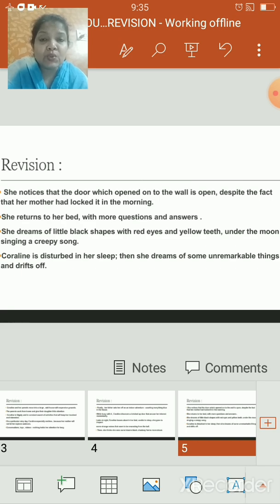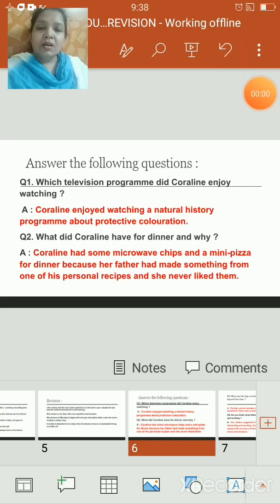So now what we will do is we'll go through a few question answers as well, the keywords and also the reference to the context. So now children, let us go through the quick recap, or you can say a revision, for the question answers. Now, as you know, when the teacher is asking you a question, you have to write the answer or frame the answer with the correct statement or sentence.